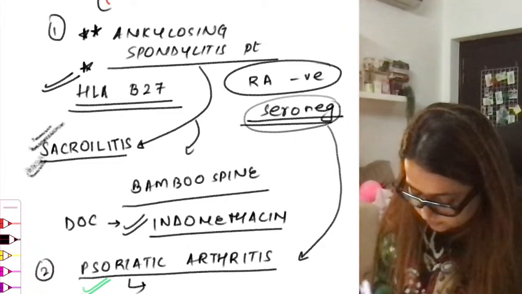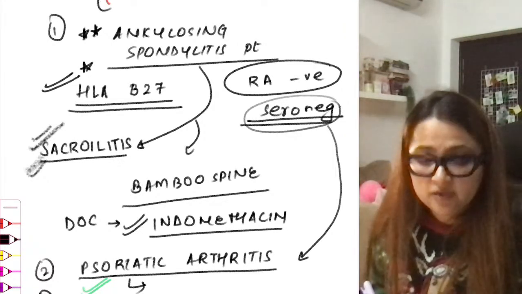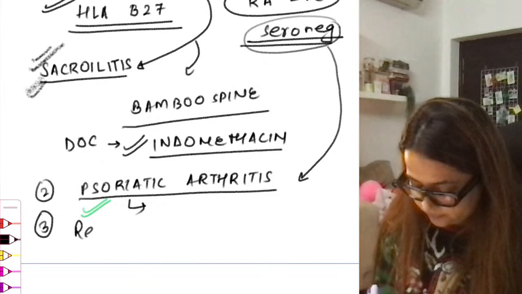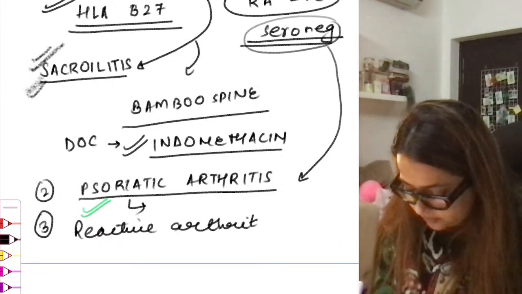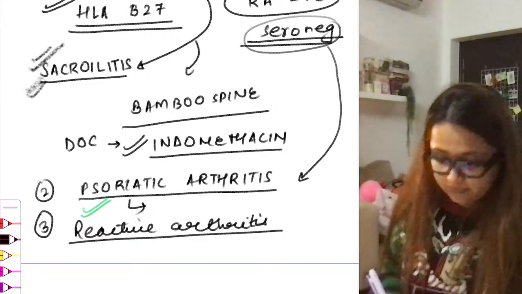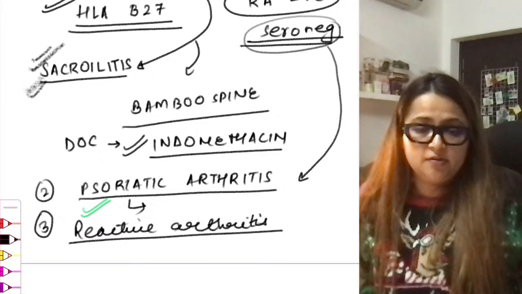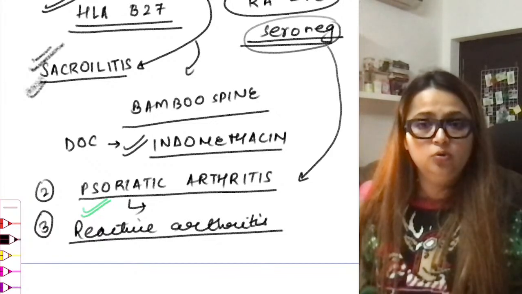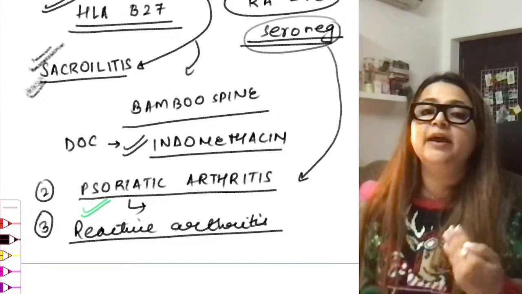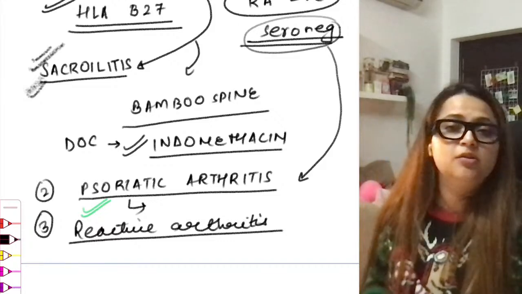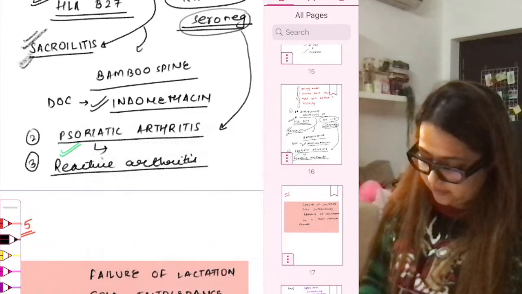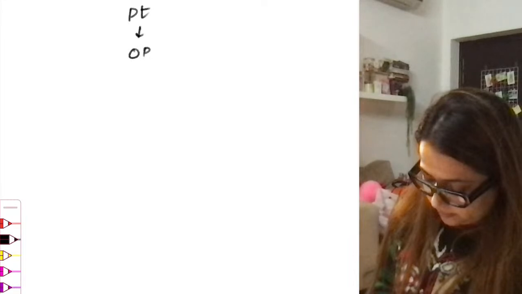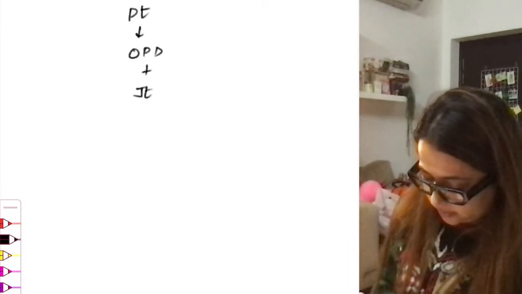Moving on to the third seronegative spondyloarthropathy, we have reactive arthritis. So guys, why do you call it reactive arthritis? The reason is that this arthritis, that is the joint inflammation, occurs as a result of reaction to something. Supposing someone comes to you, the kind of history that you get in a patient who is having reactive arthritis is that the patient comes to the OPD with joint pains,